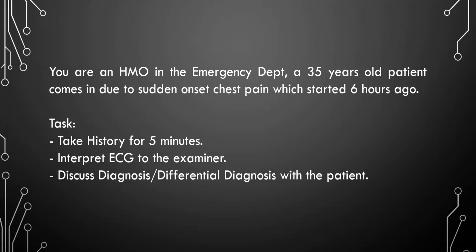And also the timing, you can see 6 hours. Most of the time, if you say ST elevated AMI in the exam, usually the patient comes within 1 or 2 hours. So always you will get some idea from the stem what the question is. Because in the exam, you either get pericarditis or you get a ST elevated AMI in terms of chest pain case. But always keep an open eye. It could be just a costochondritis also sometimes. Anything can be. So that's the initial thing that I think would be a good idea to do. Your history about the chest pain, nothing to add, everything you have asked in terms of history.